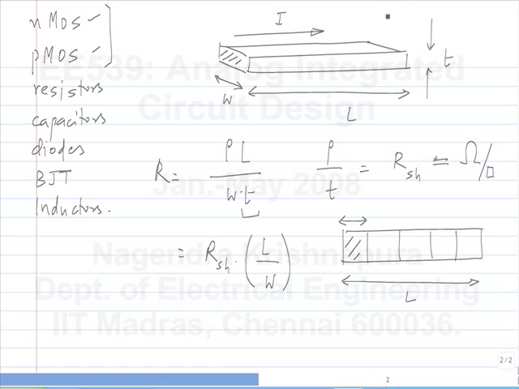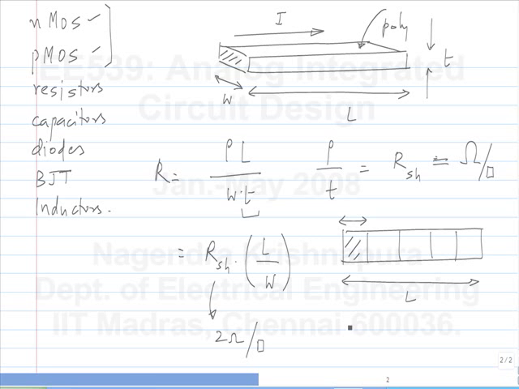And you can do this with poly, or you can do it with metal. And poly also, there are different types. When you use poly for the gate of a MOS transistor, you want its resistivity to be very small, so it is silicided. Whereas when you want it for a resistance, if you want kilo ohms of resistance, and your sheet resistance is, let's say, 2 ohms per square, if you want 1 kilo ohm, you need 500 squares. So you will end up needing a long piece of poly. There is also non-silicided poly which gives you a higher resistance in some processes that you can use.